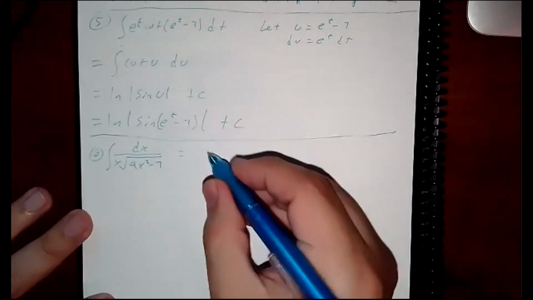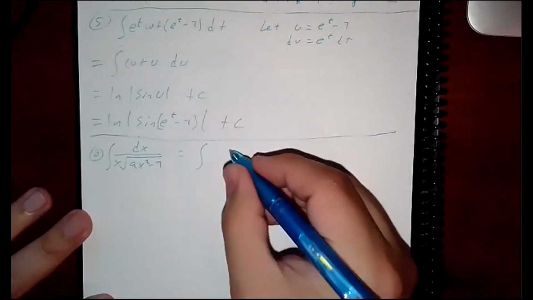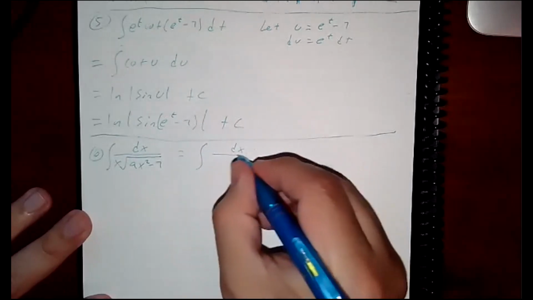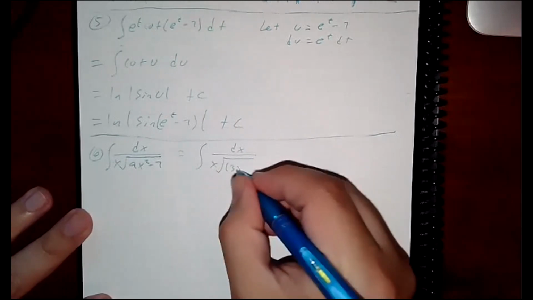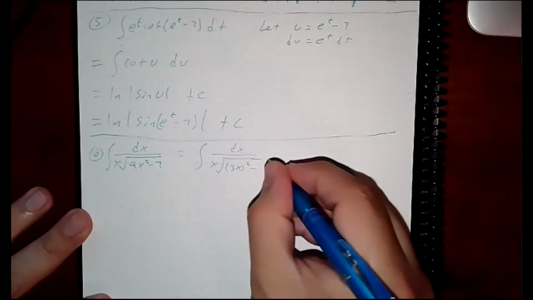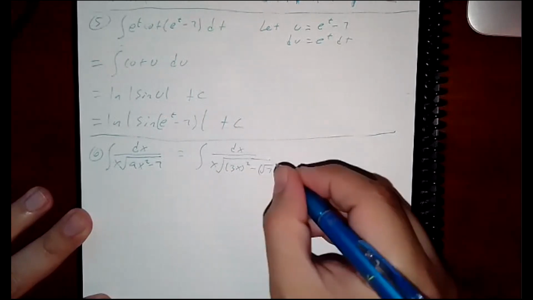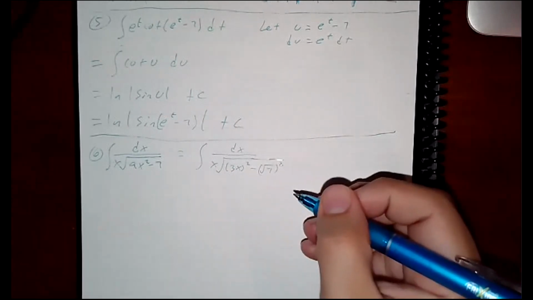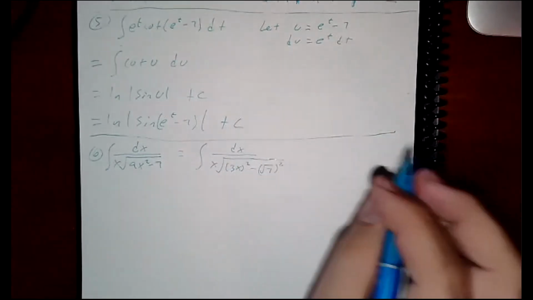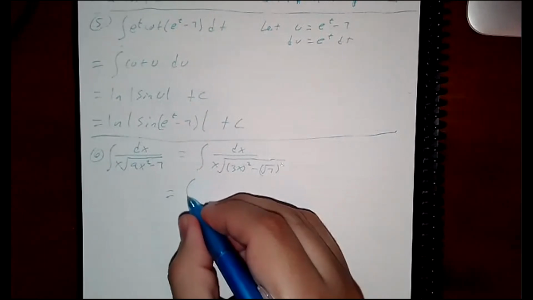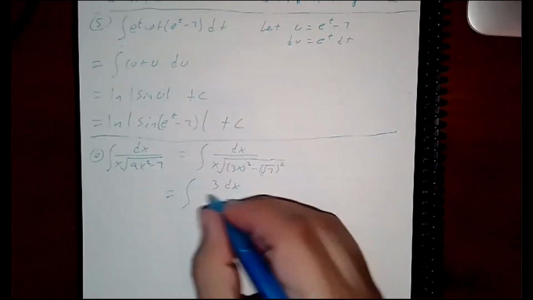So you just set up the question. dx is equal to x square root 3x squared minus square root 7. So you gotta set up the question. Now there is no 3 out here. So what you gotta do is introduce a 3. So 3 dx